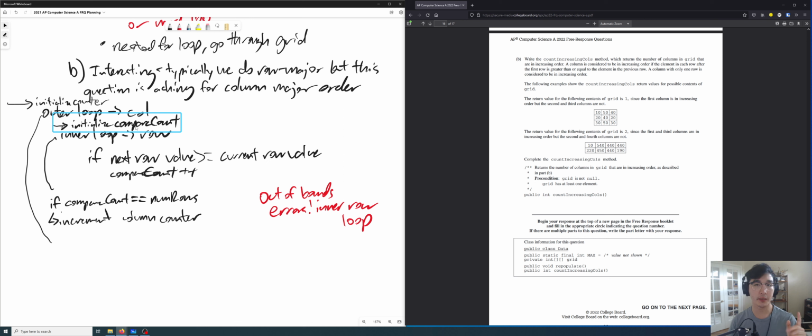That's what this variable is going to be representing. And then if the next row is greater or equal to the current row, then I increase this variable. So once I'm done with the inner for loop, I'd compare that variable with the amount of rows in this thing. And then if they're equal, then I should increment this column counter out here. And after the for loops, I'd return that column counter.